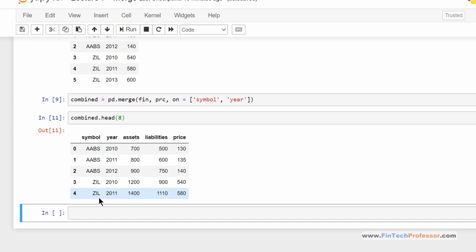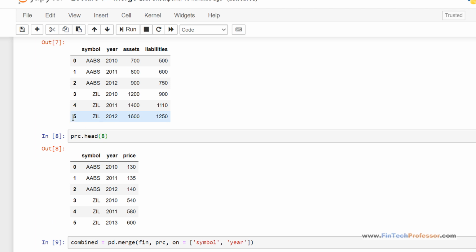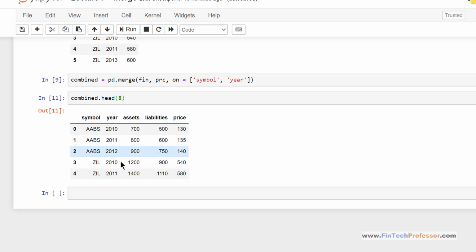And we see that the 2013 entry is missing for ZIL. For ZIL, only 2010 and 11 are present. Similarly, there was a 2012 entry in the first data set. It is also missing in the combined data set.